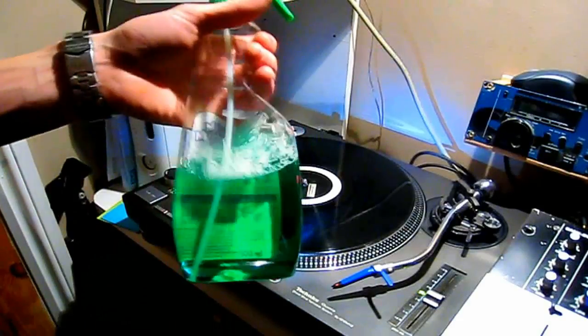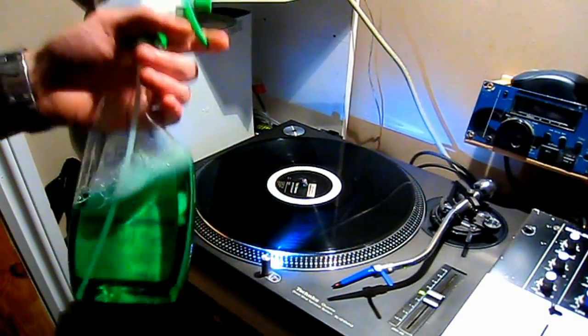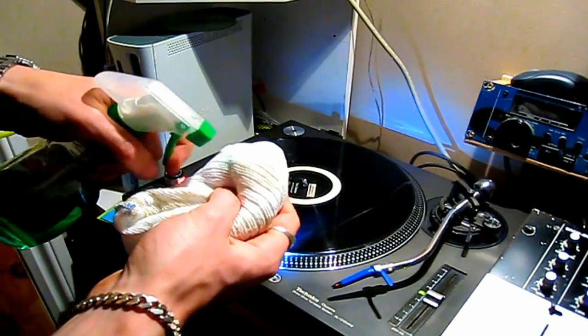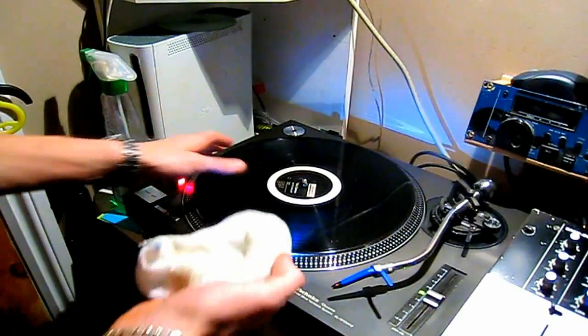I'll just quickly go through how to use this stuff, because, like I say, you don't just spray it straight on the vinyl. Again, when you use this stuff, don't spray it straight on the vinyl. What you do is you get your bit of cloth, you spray some on the cloth itself,